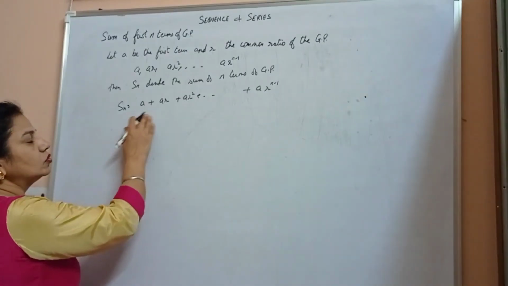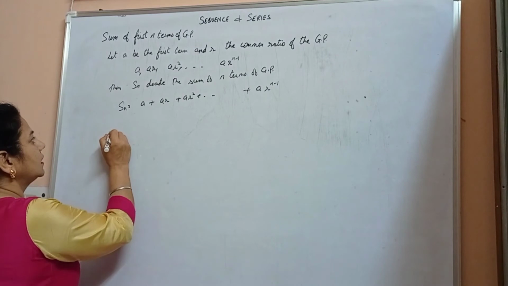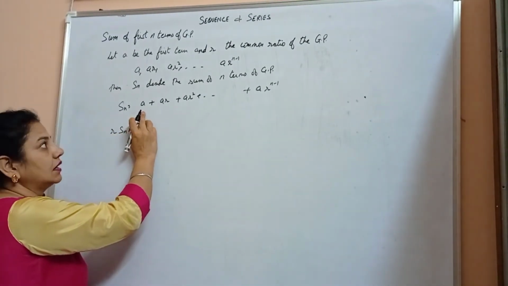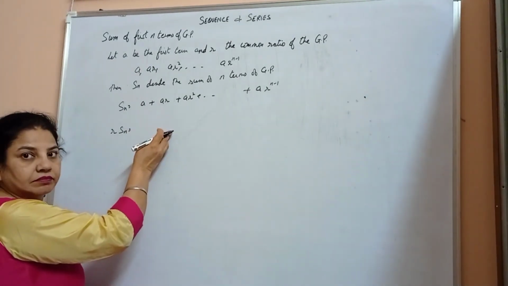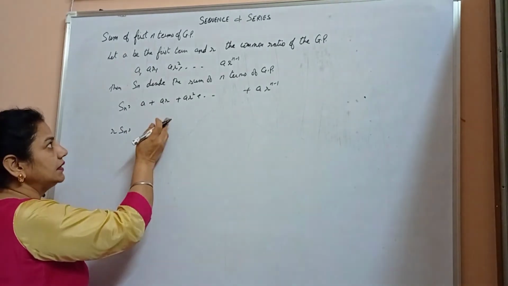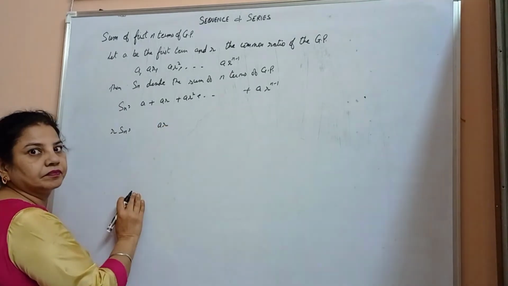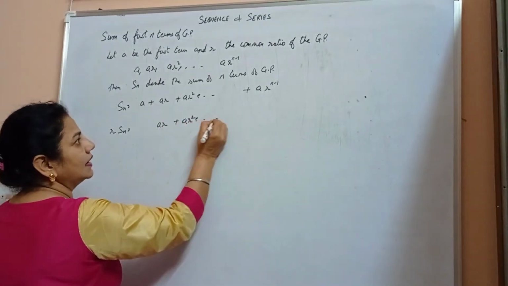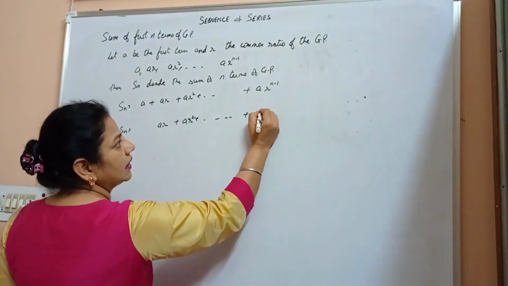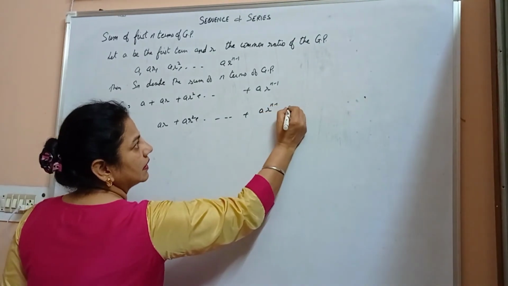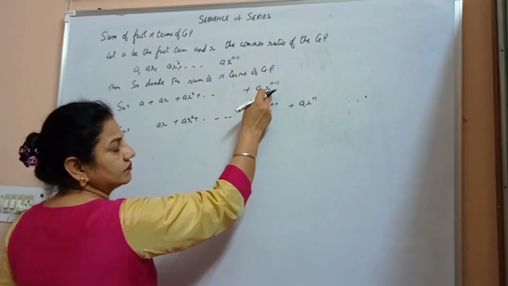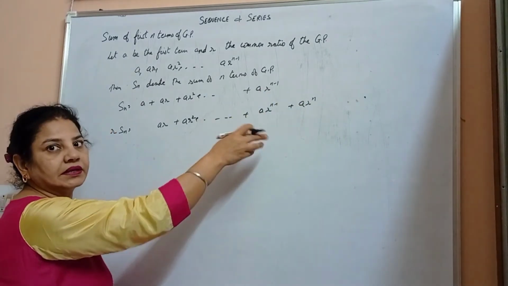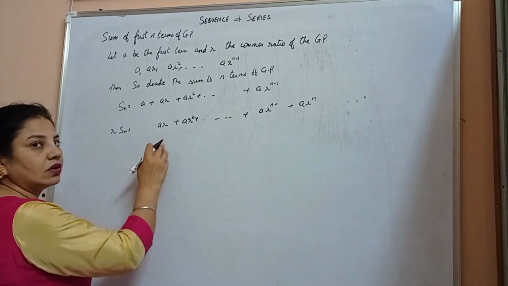If I multiply both sides by R, what should I get? R times Sn is equal to, if I multiply A by R, it becomes AR. Like terms should be written below each other, so I will write AR here. This multiplied by R, I will get AR square, and so on. The last term AR to the power n minus 1 multiplied by R gives AR to the power n, which I will write separately because there is no like term for AR to the power n. Then on subtracting,